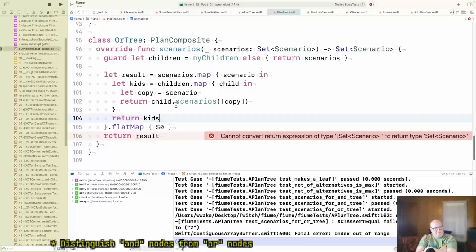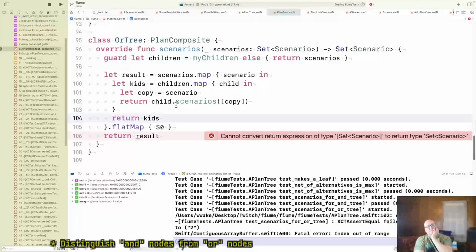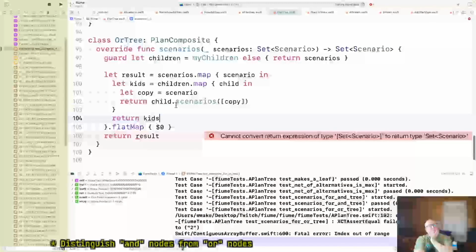But somehow it ought to be a tree because we're taking trees and turning them into sets, basically. Flattening them and turning them into sets. And if you give me a scenario, I should give you back two scenarios if I have two children. So child scenarios dot copy says take the original scenario and apply child to it. But map.